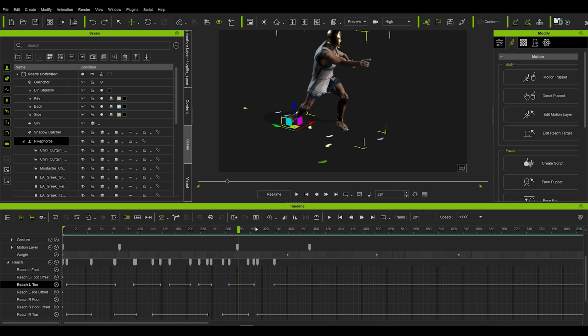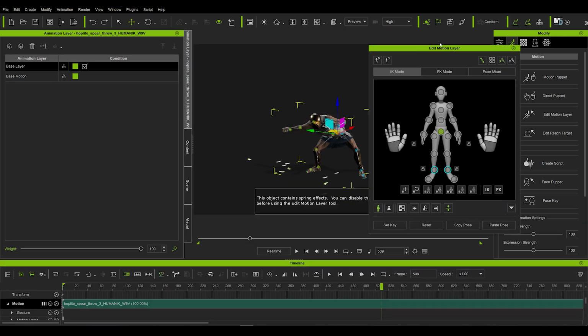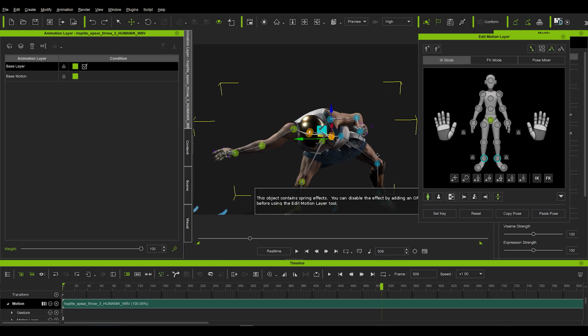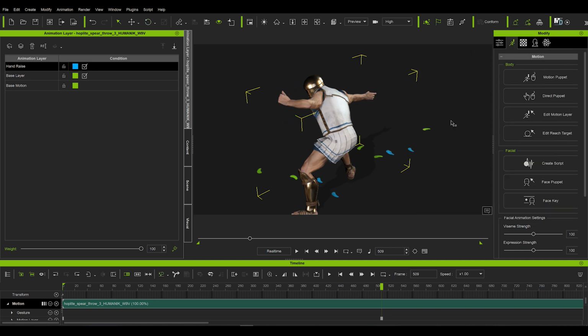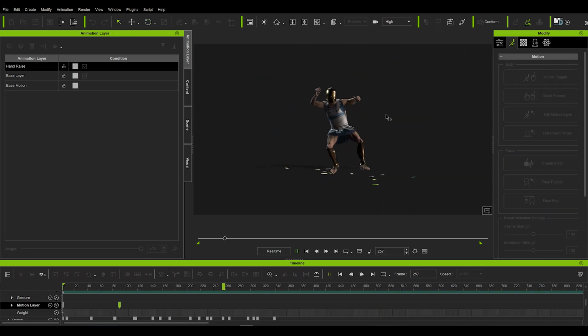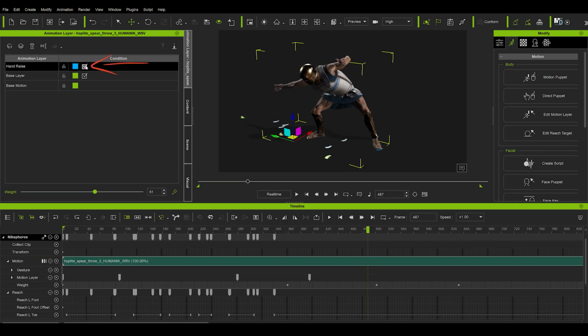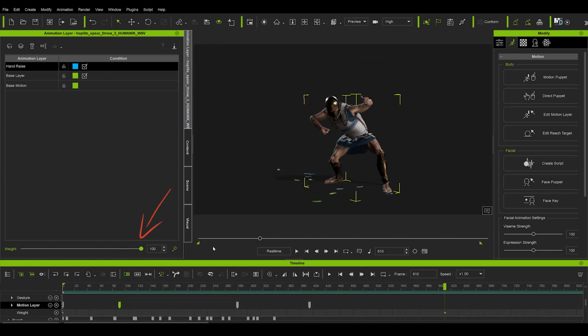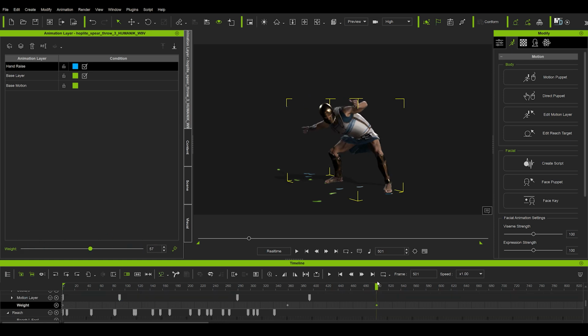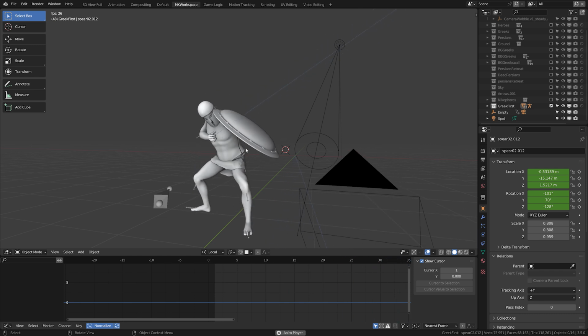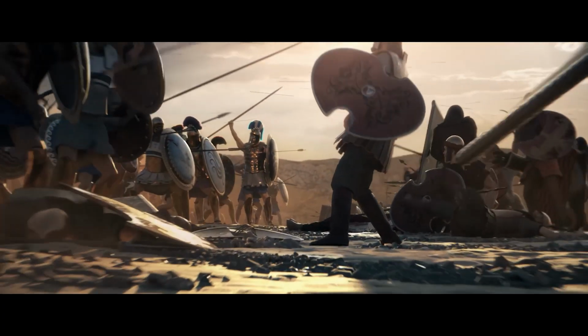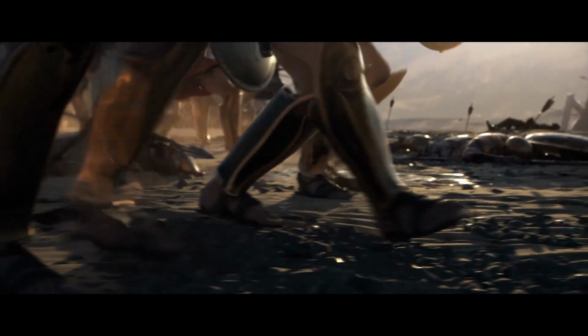There are also motion layers, which is especially great for anyone who wants to edit the captured animations by hand, adding various overlays and manual changes to them. You can simply choose to add a new layer on it. Let me name the layer Hand Raise, edit the position of the hands, and now the animation has changed, but you can always deactivate it. And what's more, you can even lower the weight for it, so that it's mixed in only slightly. Finally, you can keyframe this value to transition into different poses and back. So these two tools were definitely a huge thing for me when editing and cleaning up the recorded animations. I only wish I had time to polish the animations for all of the shots, but there were simply too many of them.